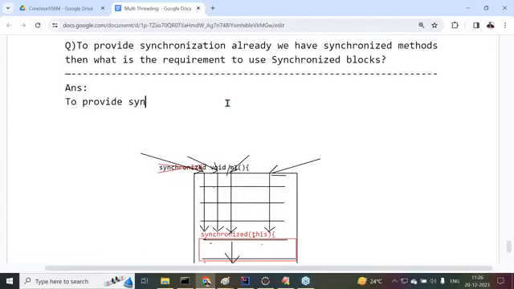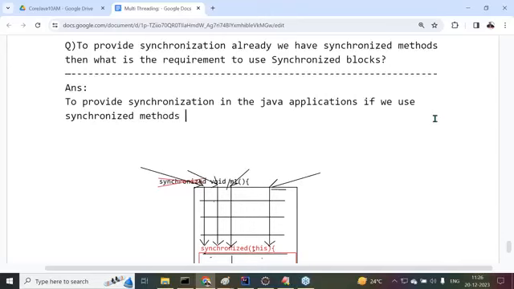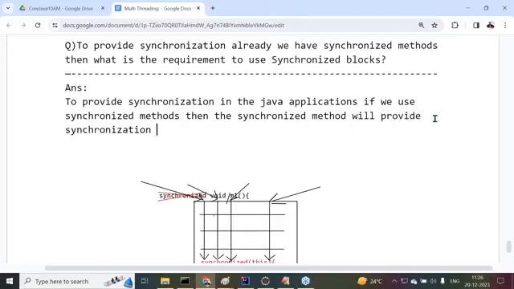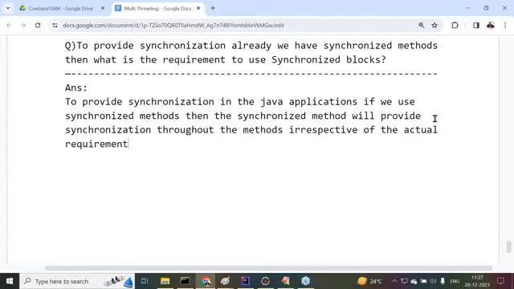To provide synchronization in Java applications, if we use synchronized methods, then the synchronized method will provide synchronization throughout the method, irrespective of the actual requirement.